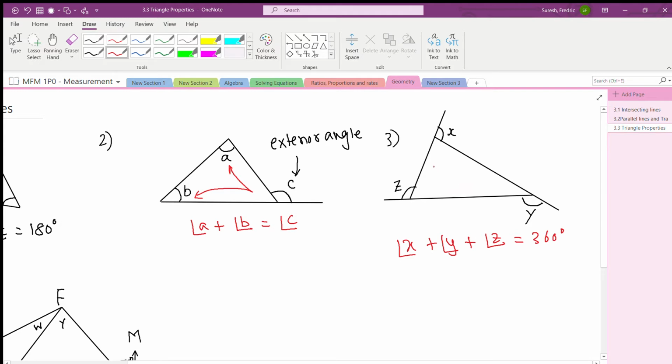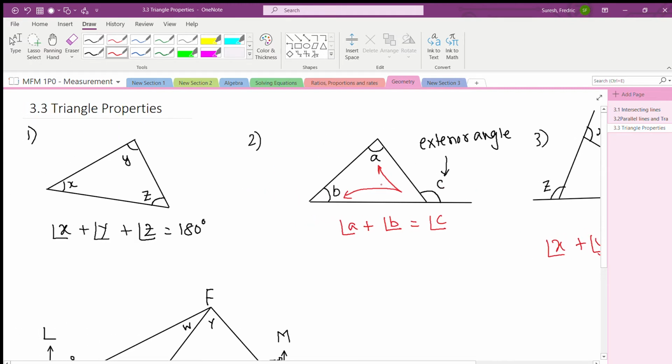Interestingly, it's not only true in triangles, which have three sides, it is true in quadrilaterals, which have four sides, or in a pentagon, which has five sides, or a decagon, which has 10 sides. As many sides as you have, all the exterior angles of all those polygons will always add up to 360 degrees. So, summarizing, interior angles of a triangle add up to 180,